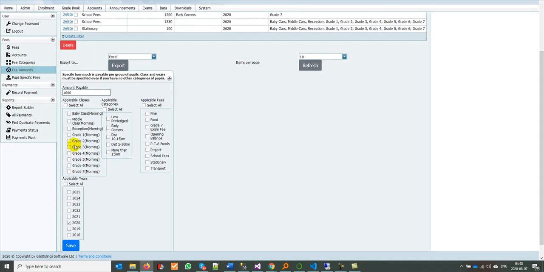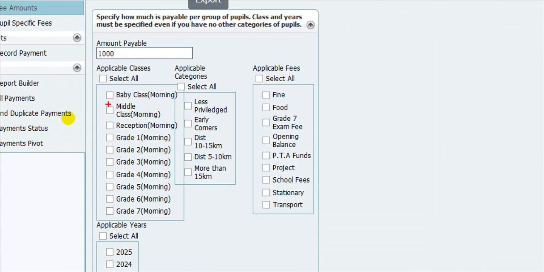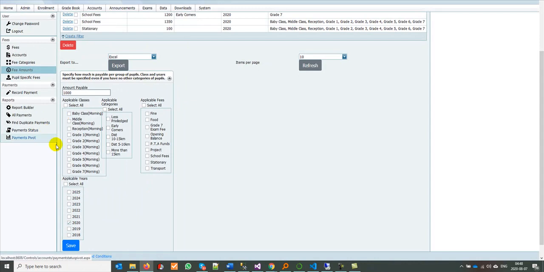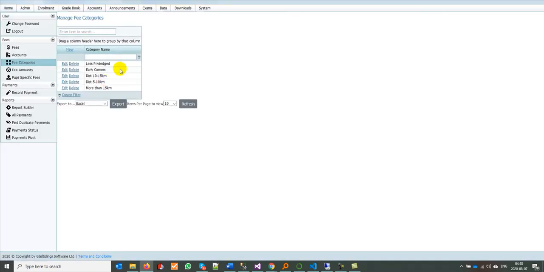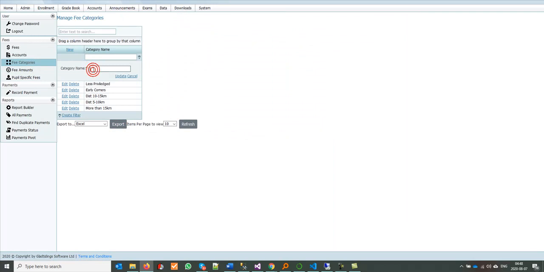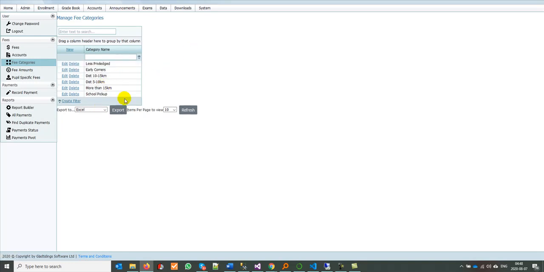So let's do just that, because if you tick all classes, it would mean every pupil in every class will be expected to pay that fee, including those who are not interested in paying the fee. So that wouldn't be nice. So we can go back to the categories, and let's add another category here. In fact, we should have left the transport thing, because then it makes sense. Let's call it school pickup. Okay, we've created a category called school pickup, and so when we go to the fee amounts, we're going to say,